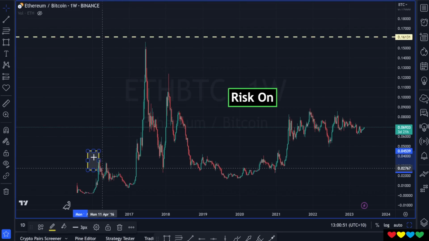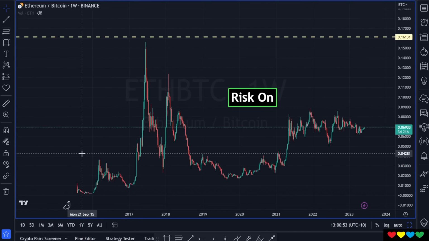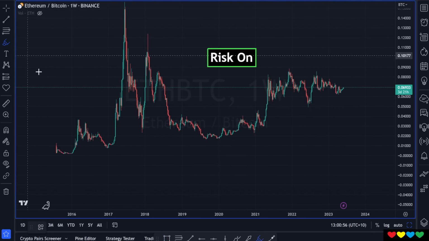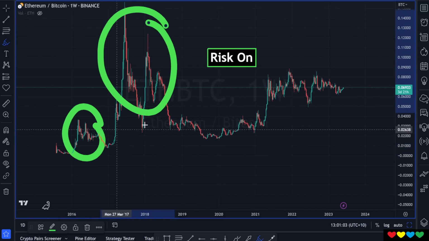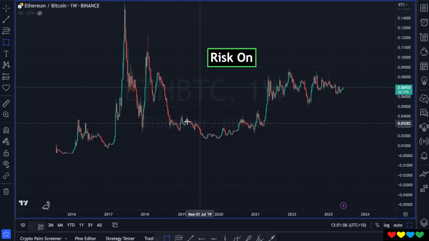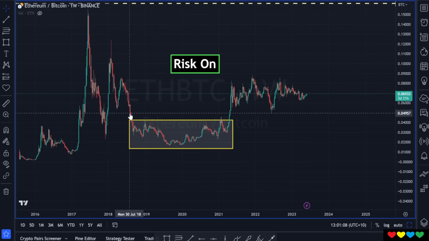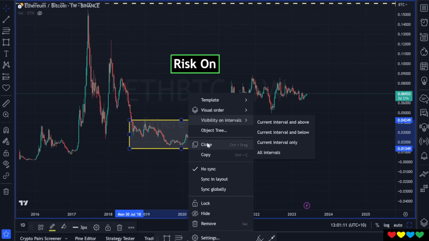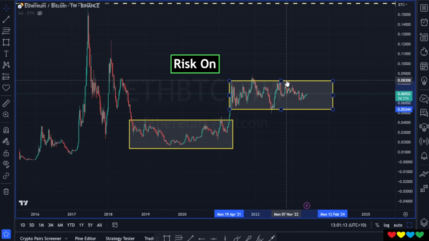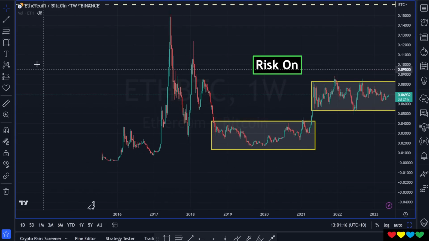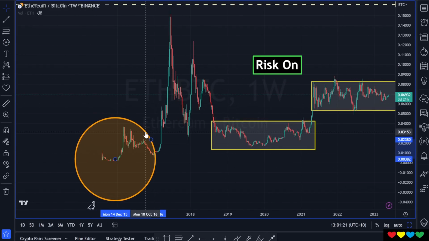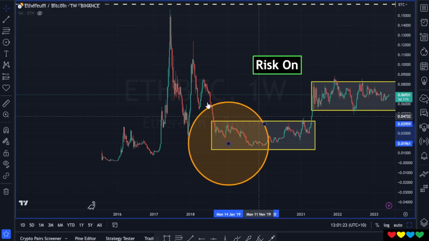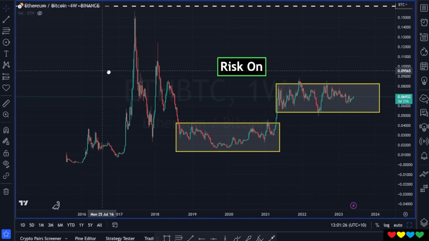Look at these big bubbles that Ethereum used to have. You can see it here, right? Back in the early big Ethereum days, and of course this would happen because Ethereum was not a blue chip back then. It had just launched. Huge bubble in 2017. But now, if you look at how it behaves in the bear market of 2018, 19, 20, you see this box. Have a look at what it does now. It also just moved to a higher box. Compare those big boxes to these giant bubbles. Look at this bubble, parabola and pop, parabola and then pop. But now we're in the box zones. So it behaves differently.